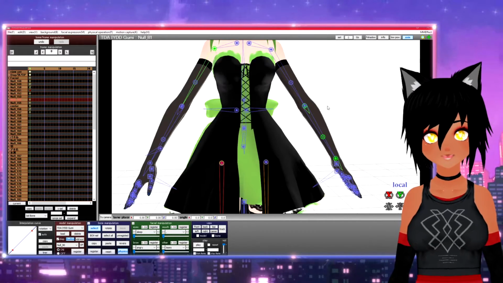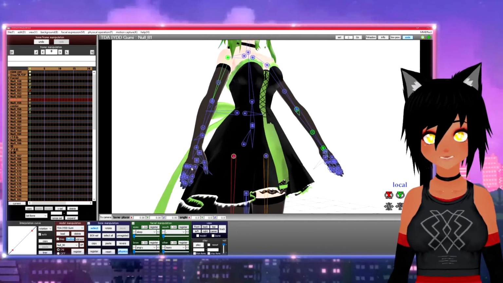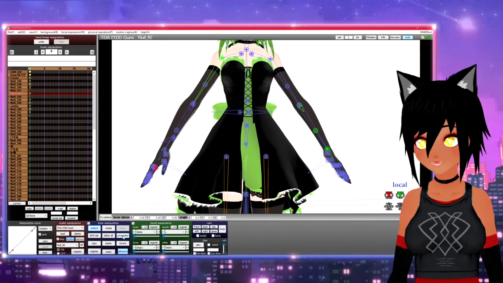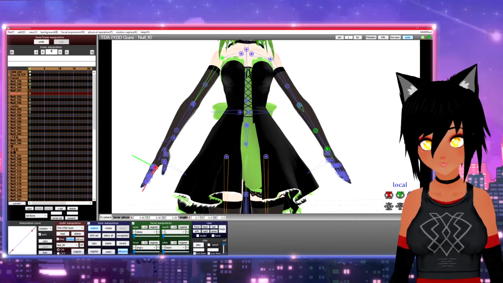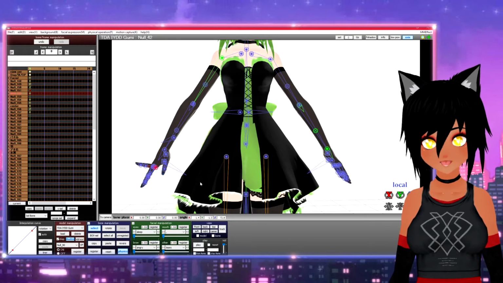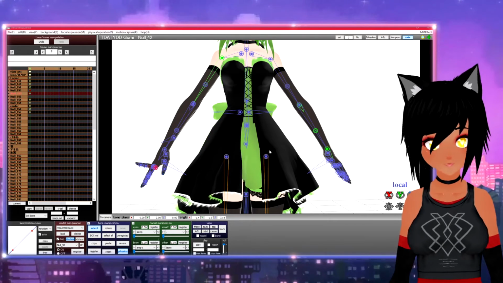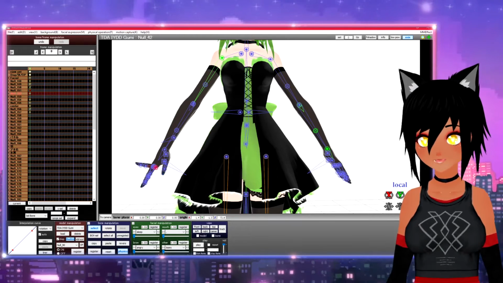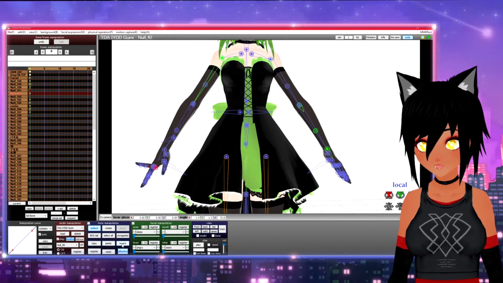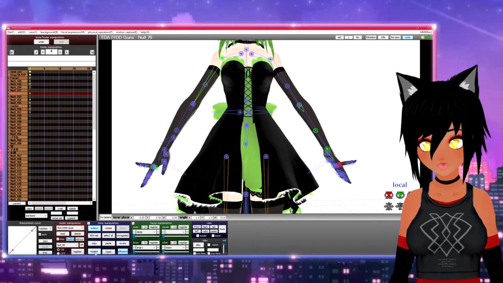Jokes aside, that can be really helpful when posing, especially with fingers. Because let's say you're doing some crazy stuff with the fingers. You want to have her pointing up like that, and you're like, I'm going to have to do all these finger bones on each hand. But no, you don't, because you do that and you hit copy, reverse, register.